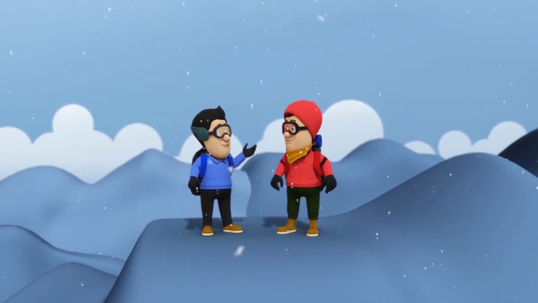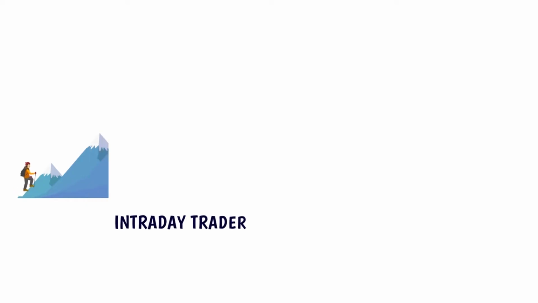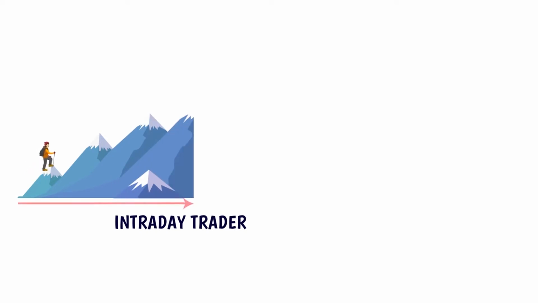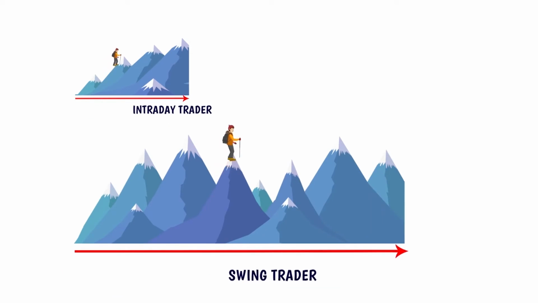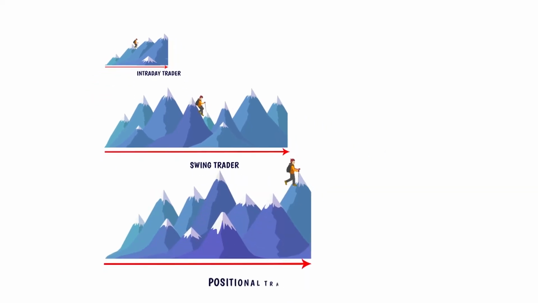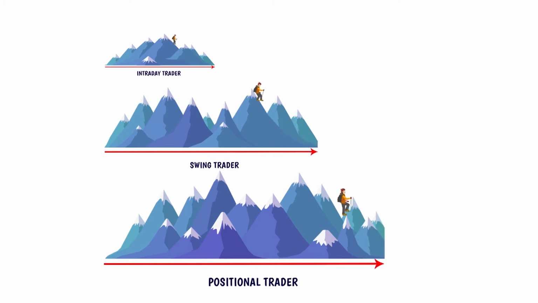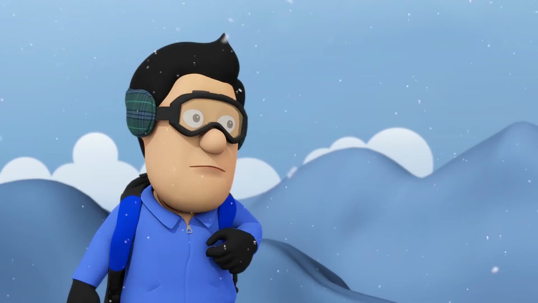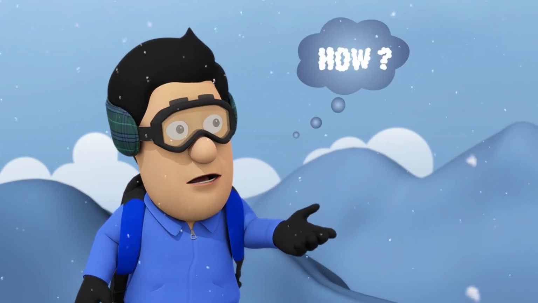So we can analyze trends on different time frames as well, is it? Yes, of course. An intraday trader typically uses the 15-minute or the hourly time frames. A swing trader mostly uses the daily or the weekly time frames, and the positional trader generally uses the monthly or quarterly time frames. You can compare them to the duration of the treks that we do. Some are small and last only for few hours, whereas some are really long and can go on for days and weeks together.